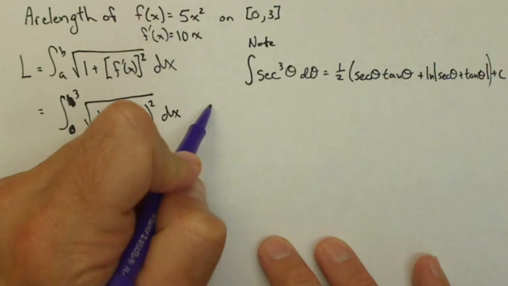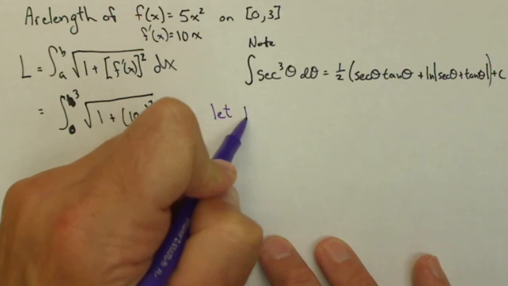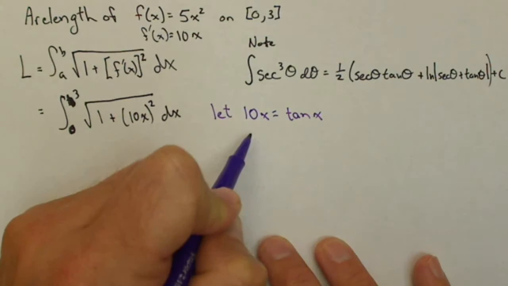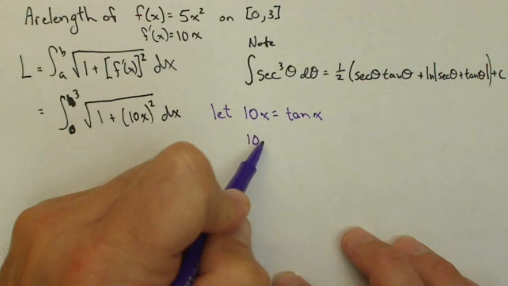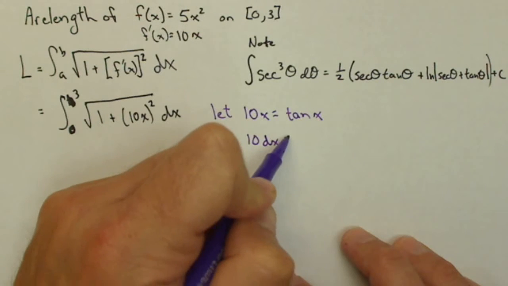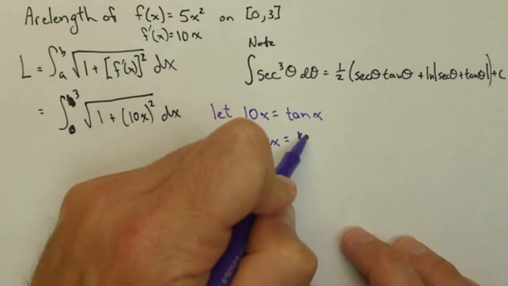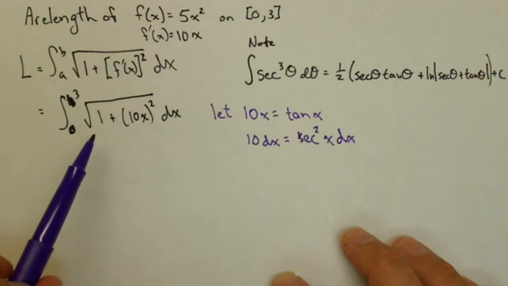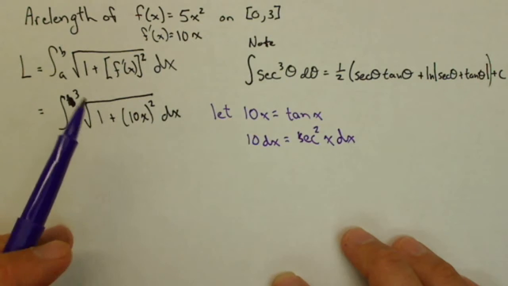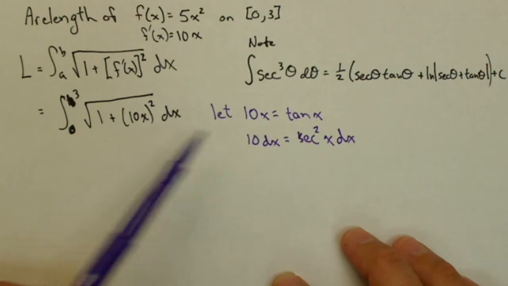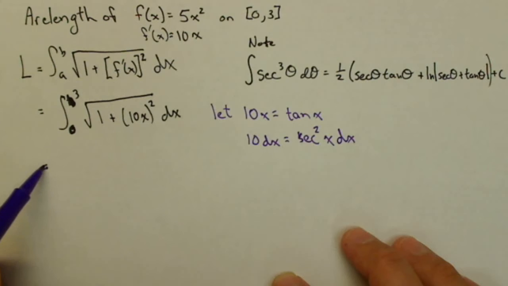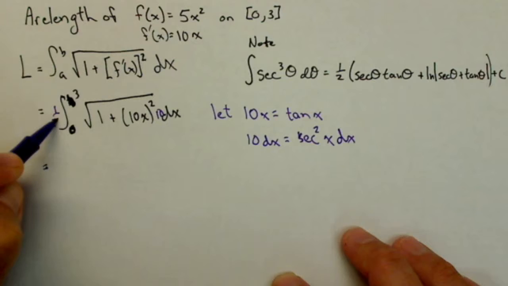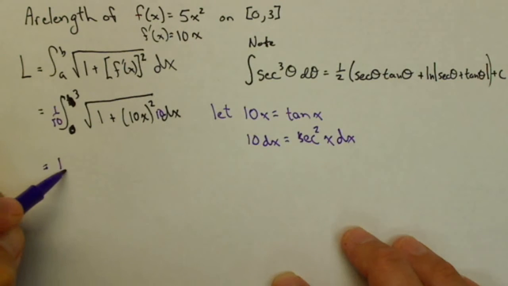So we're going to need a trig sub, and specifically I'm going to let the 10x equal tangent x, and then 10 dx equals secant squared x dx. Now, what's going to happen here is when I go to plug these in, first off, I'm going to need a 10 for the dx. I'm going to put a 10 in there, which means I'm going to end up with a 1/10 out here. So I have a 1/10,